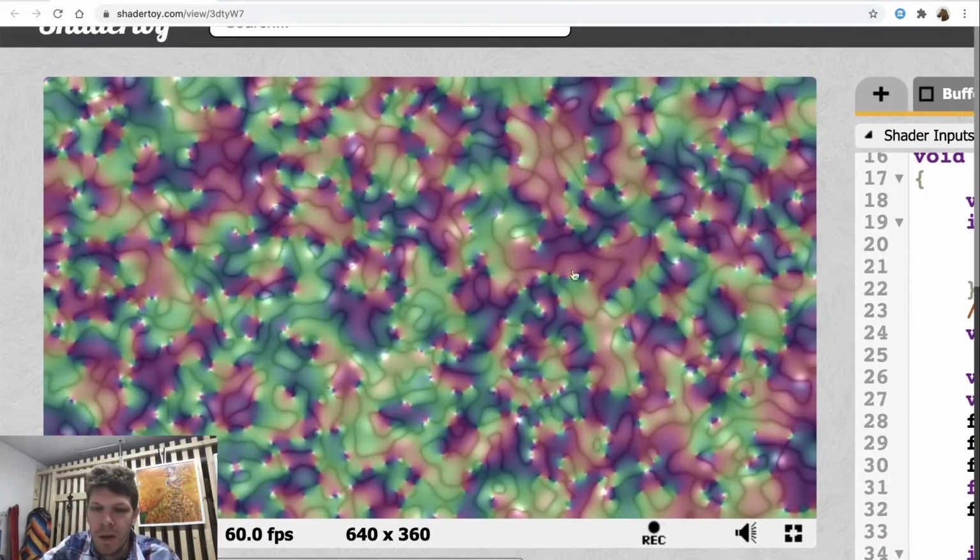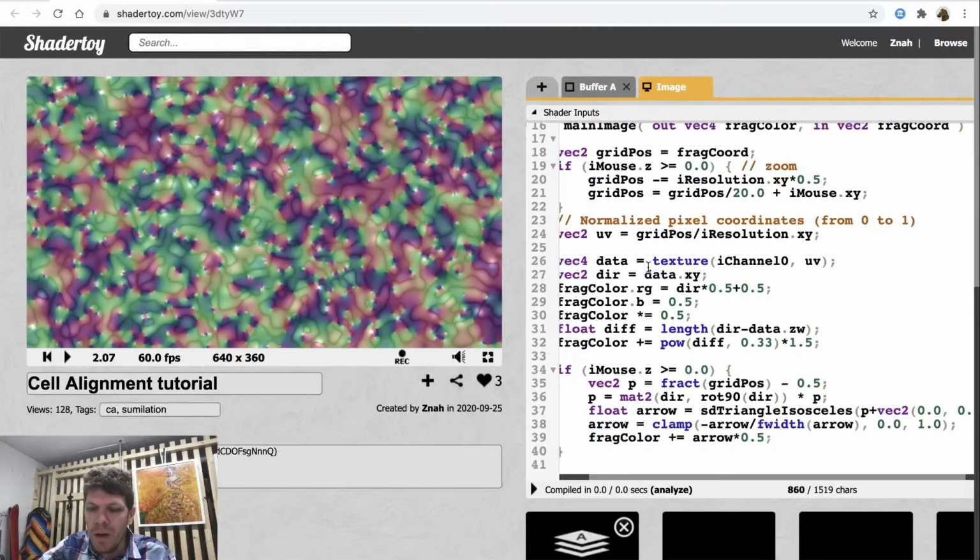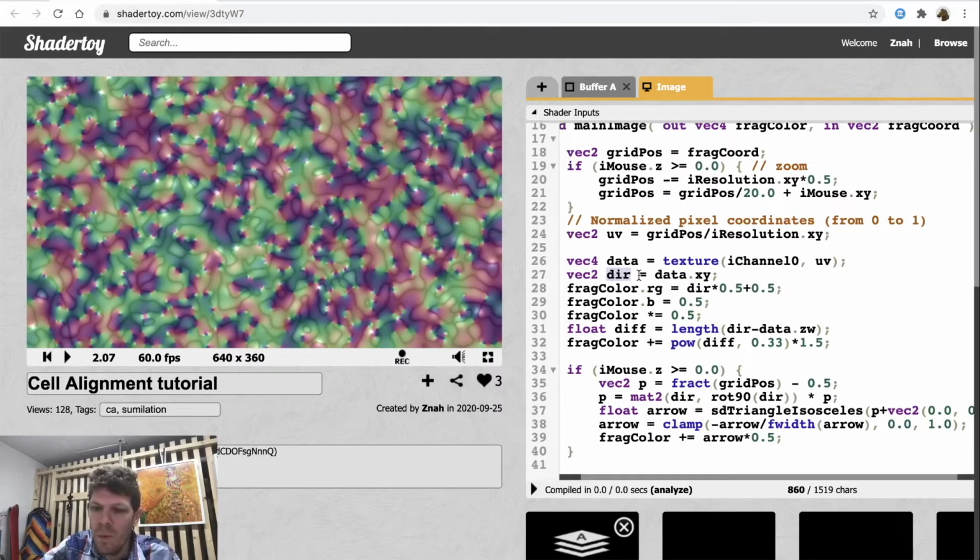So what I've done now is I read the current value of the direction vector